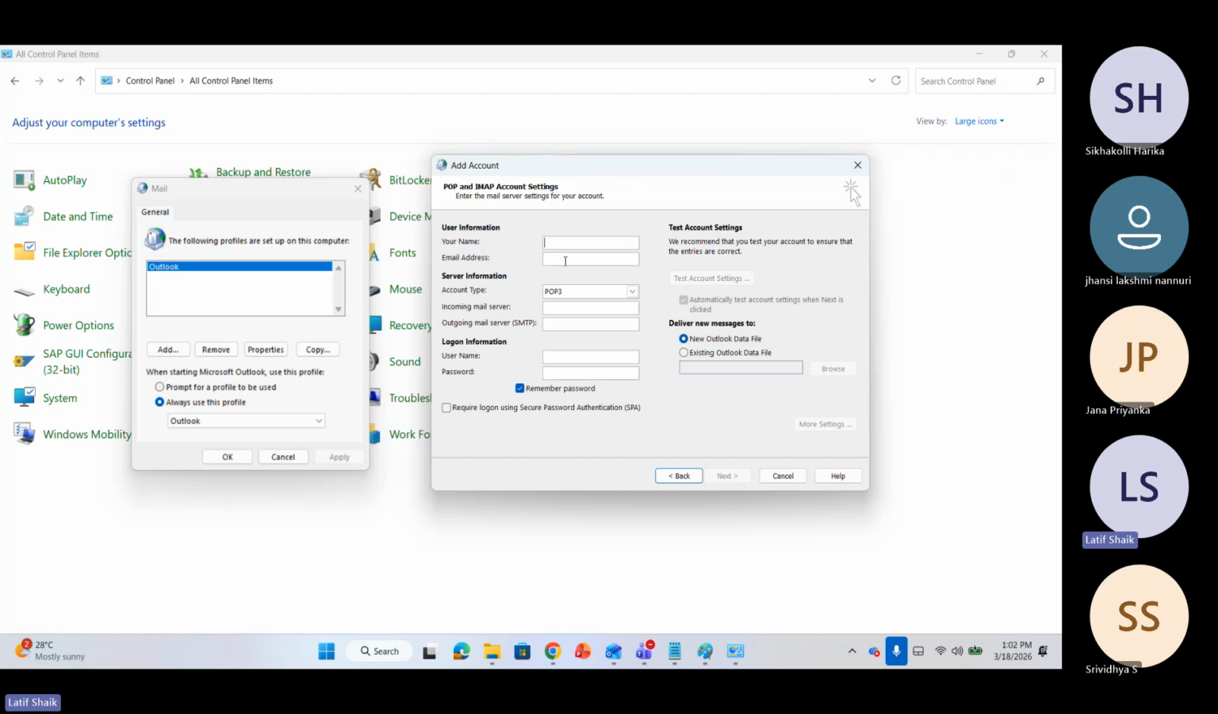You have to specify your name, your email ID, your incoming mail server name or IP address, your outgoing mail server name or IP address, your email account name and password. Once done, go to More Settings and configure it. For example, I'm putting Latif. My incoming mail is Gmail, that's IMAP Gmail. Outgoing is